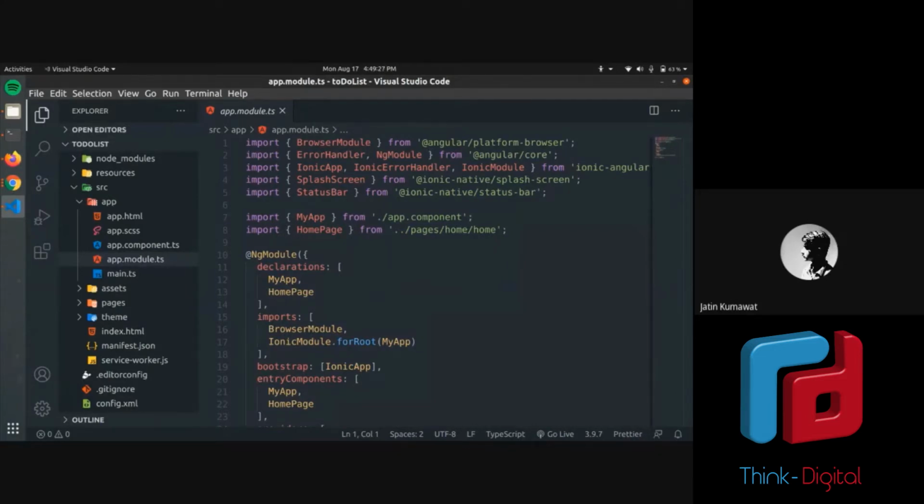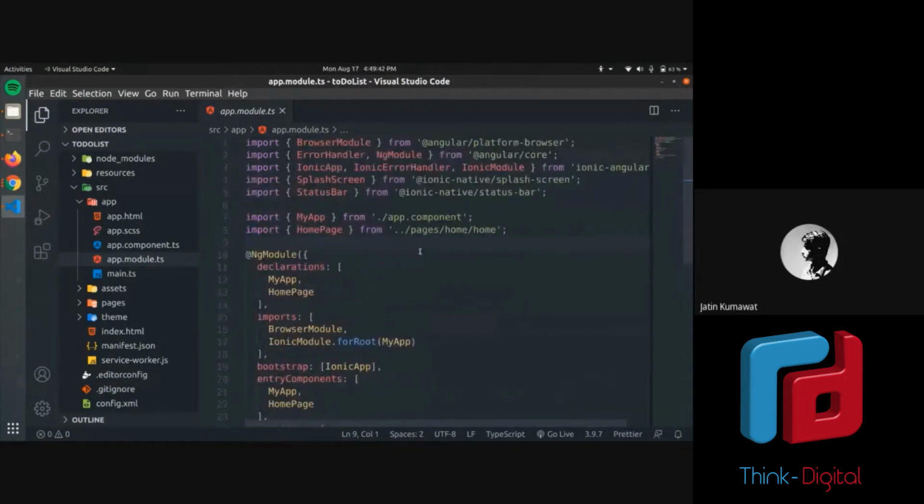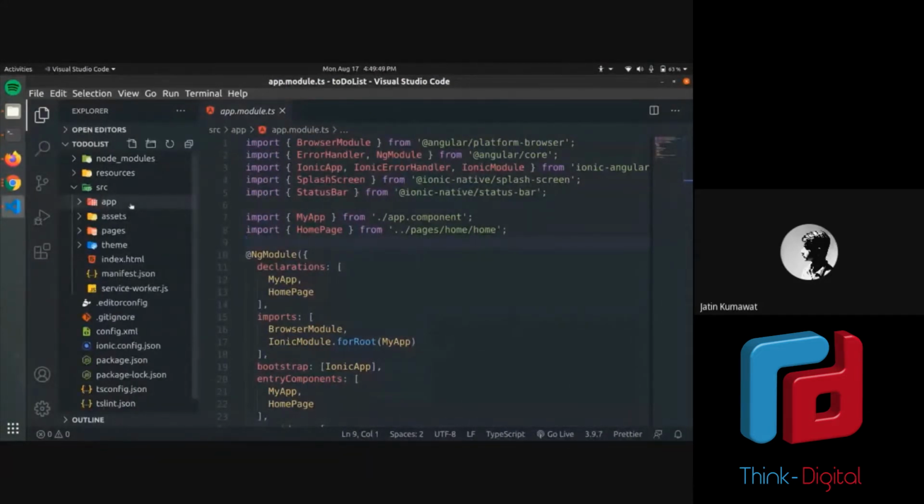So this app.module.ts is the root module. It is one of the important modules. It has all your pages declared, all the native functionalities you are using, all will be declared and used here. So you need not delete anything from here. If there is any usage, I will inform you. So this is the main and important root folder. Do not delete, do not modify, don't do anything with the app folder.